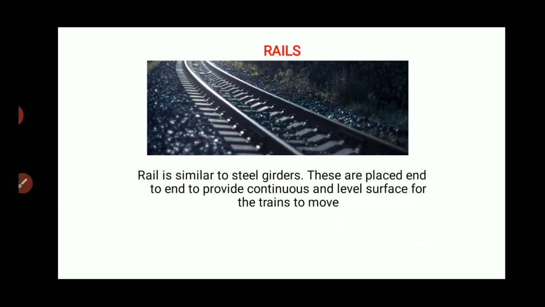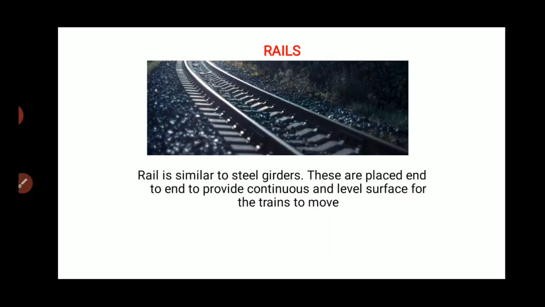Mostly all of you must have seen the rails. Rail is nothing but a steel girder. Girder means a beam. So the rails on the track can be considered as a steel beam for the purpose of carrying axial loads of the train. These are placed end to end to provide a continuous and level surface for the trains